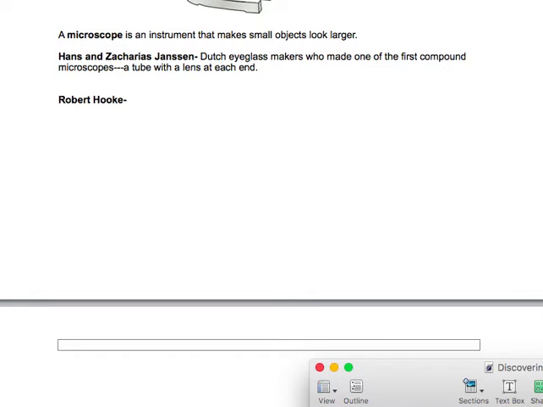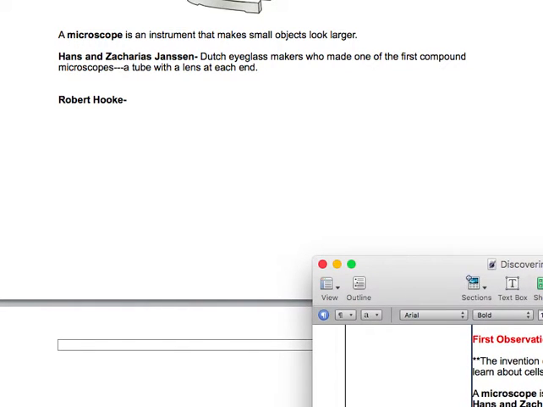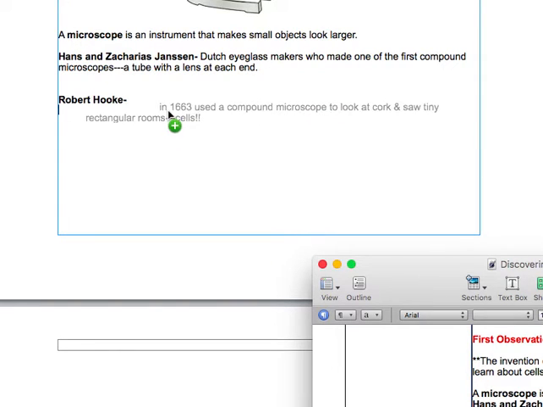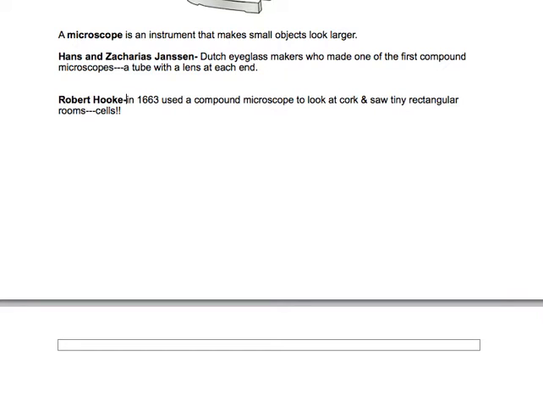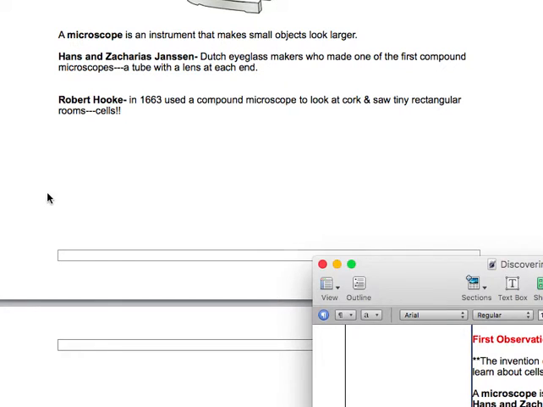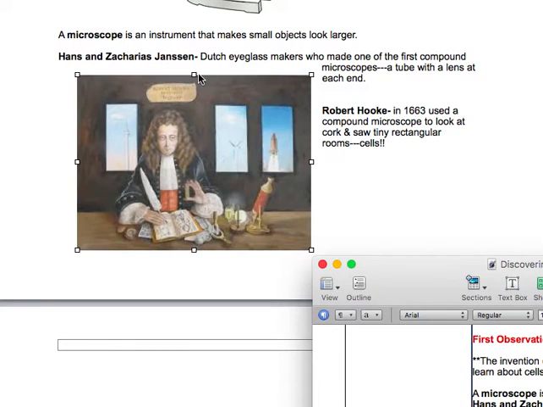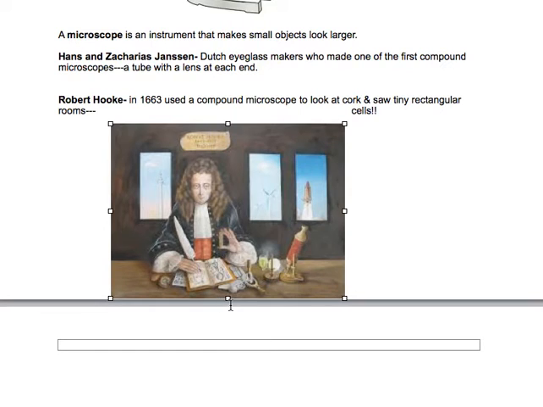He discovered cells. So in 1663, Robert Hooke used a compound microscope similar to the one that Hans and Zacharias Janssen had used, and he looked at a slice of cork, which is the bark of a tree, and saw these tiny little rectangular rooms, and he decided to call them cells. So here's a picture of Robert Hooke,